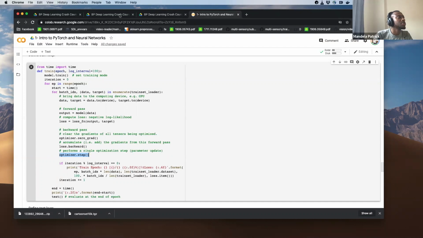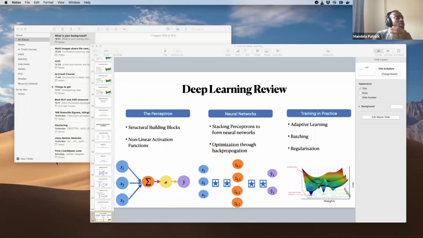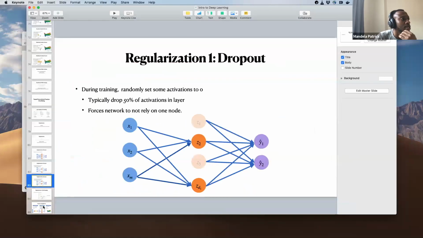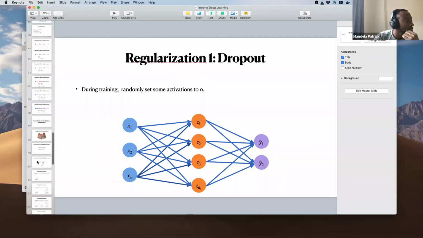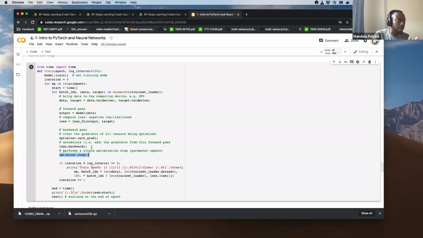Then we do what we call optimization, where we update the weights based on the gradient times the learning rate. Let me see if I can show that a little more clearly. Here, this part, the gradient of the weight with respect to the loss, is what loss.backward calculates.